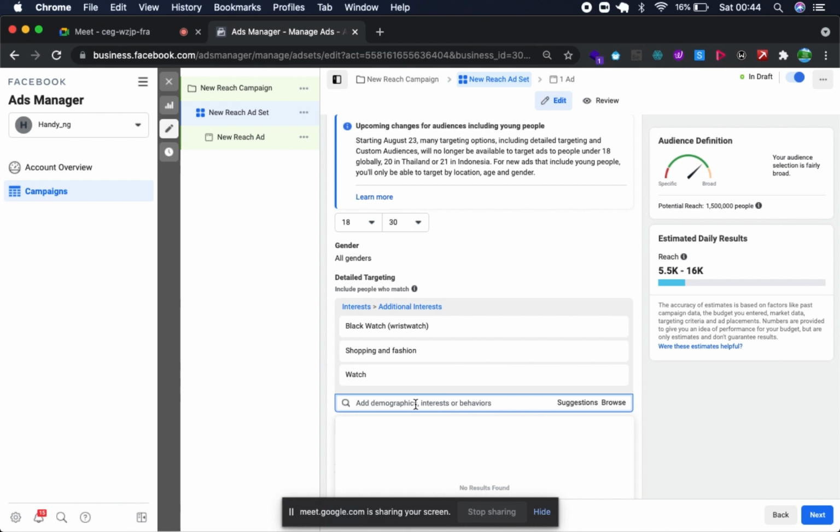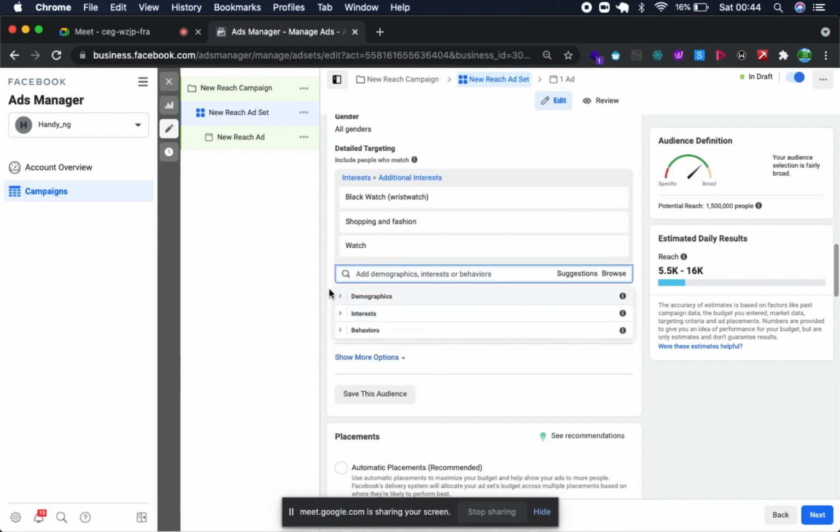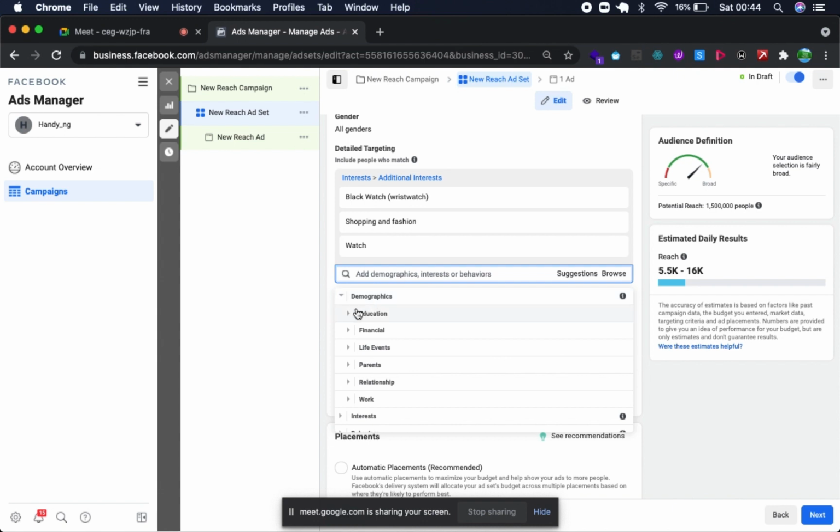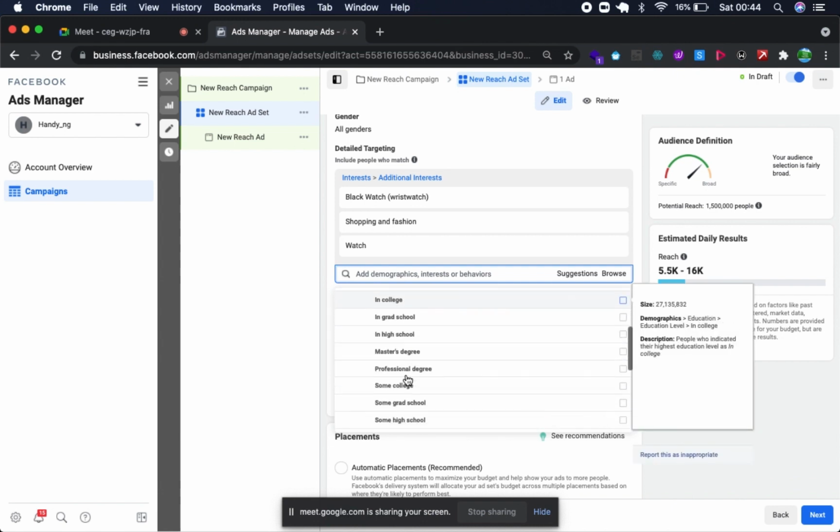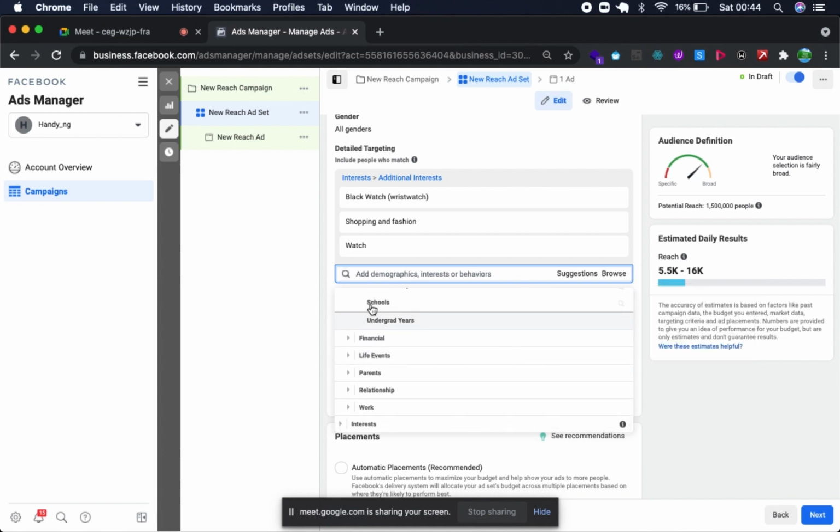So we want to target. For example, if we might be out of ideas, you can browse suggestions. You can start checking demographics, the educational level they are in, and you can also check the finances, income level, and the like.